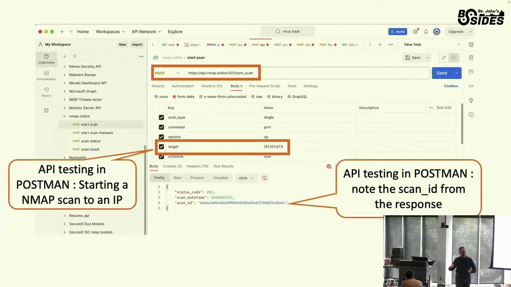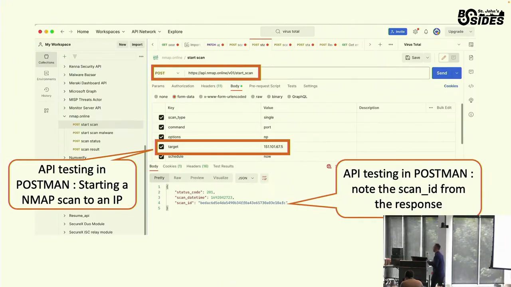Just to clarify, are you saying that tool is basically Nmap in the browser? So I'm going to repeat the question: is that tool Nmap in a browser? Yes. You can go to nmap.online right now and scan any public IP through the browser. And it will not be initiated from your current public IP. It will be initiated from their service's public IP. You get the difference, right? So you're not going to be responsible for that scanning.